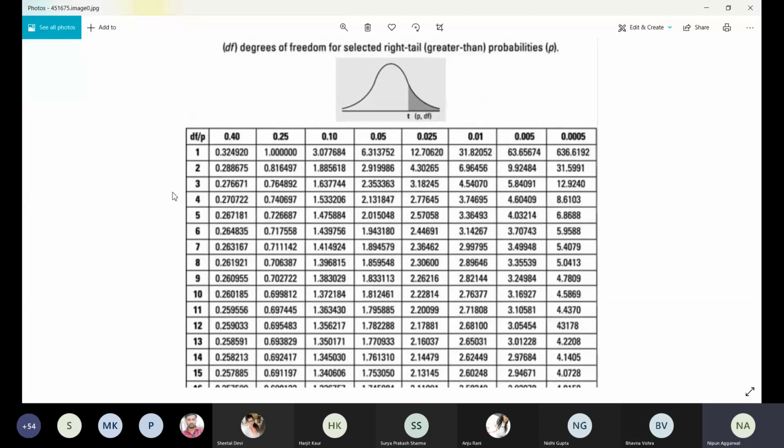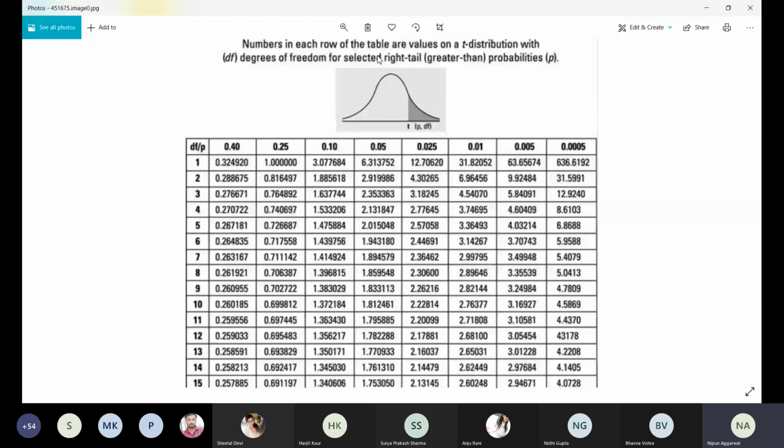Now at the top of the table, it is written as the number of values of a T distribution. So from there you come to know that it is a T table. Fine. So see the nature of the table now. In the first column, there is something written as DF. DF here is your degrees of freedom. Till the Z test we don't have any degrees of freedom, but from the T test there is a concept of degrees of freedom.